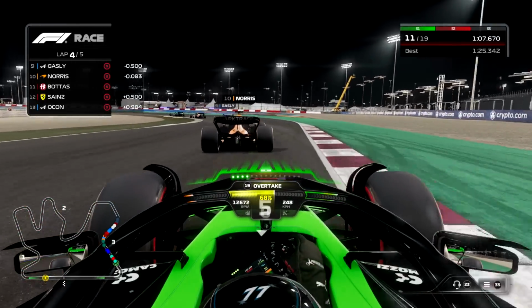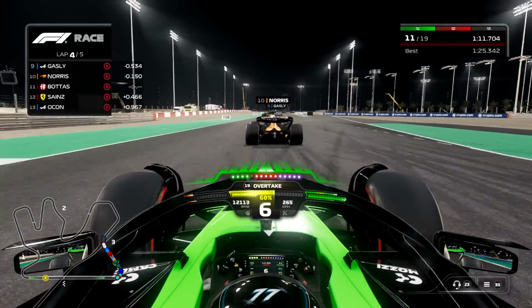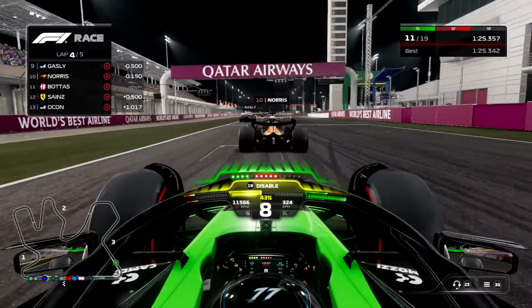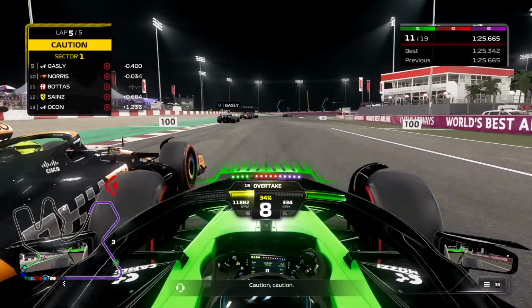Norris also has the DRS open, and I just used the downshift instead of the brakes to make sure that we don't deactivate the DRS. Norris also has the DRS open on the car in front, so it makes it a bit harder to overtake, but we do have some overspeed with that slipstream, and we're going to go up the inside of turn 1